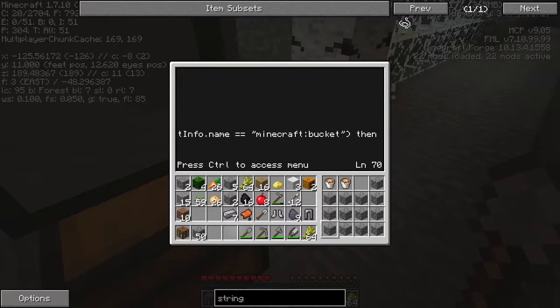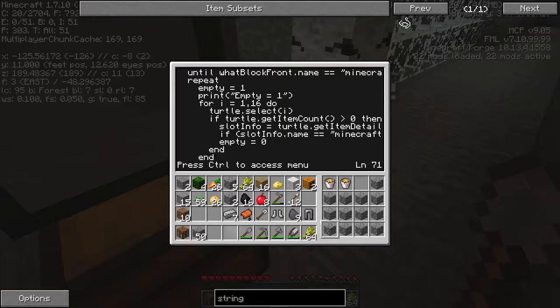So in summary, it's basically checking if it's a lava bucket or if it's just a bucket. Then it will drop the item, except that it won't right now because it doesn't do anything yet. So, if turtle.getItem, okay, so where was I? If slotinfo.name is minecraft:lava_bucket or minecraft:bucket, then